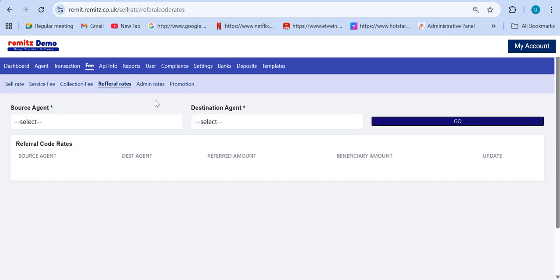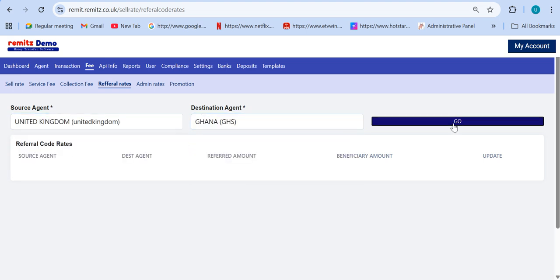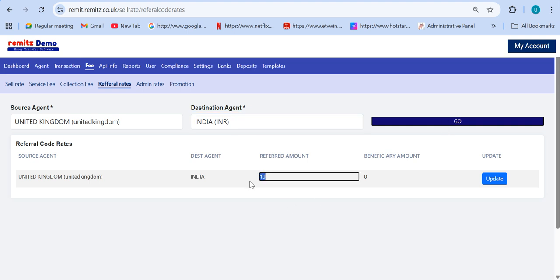Then you got the referral rates. Okay, the referral rates is like, see for example, if you want to give any promotions to the persons who are referring their codes to use your software to transfer the funds from one country to another country, then what happens, after the person who has referred, the person who's been referred, after they make the payment only, the amount whatever you put, for example, let's say I have taken United Kingdom and Ghana, and the referral rate is given 0. Let's say for India what they've given, 10. So that means